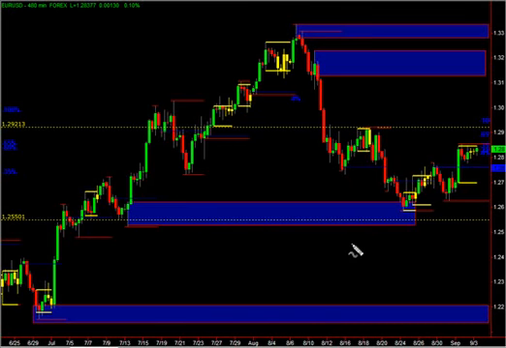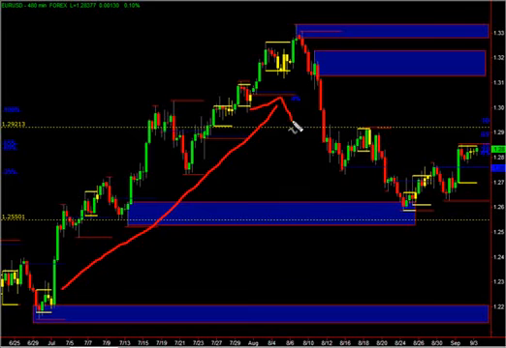What do we do with these zones? If we've got some zones, what do we do with them? Well, let's just keep it nice and loose. Price started on the left hand side of the chart, moved up, trend is up. We've got a retracement down here. So what have we got? Trend is up, bit of a retracement move. So what we can say is that should price go through that